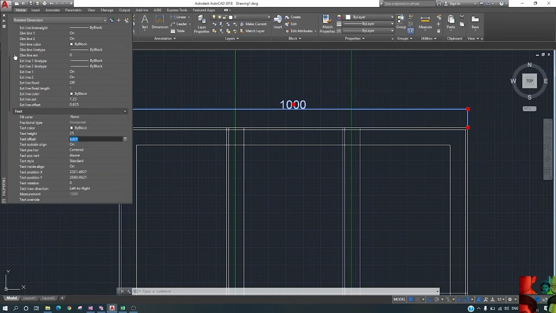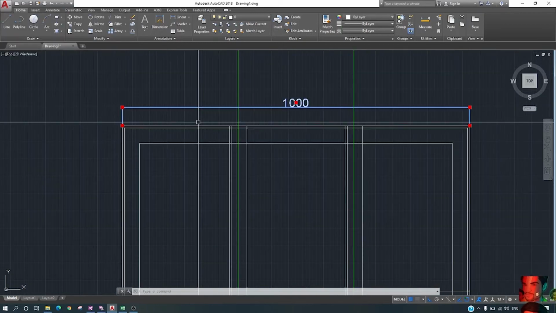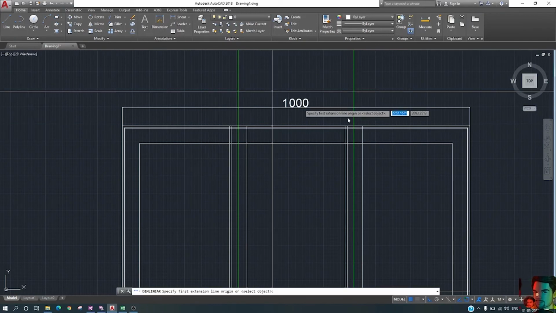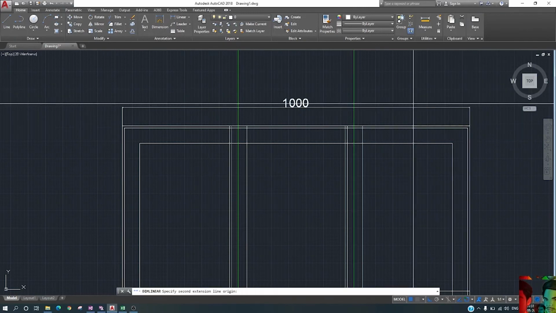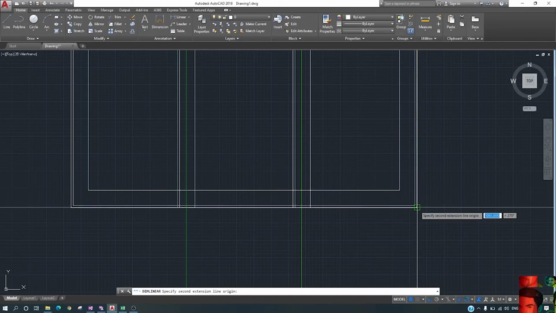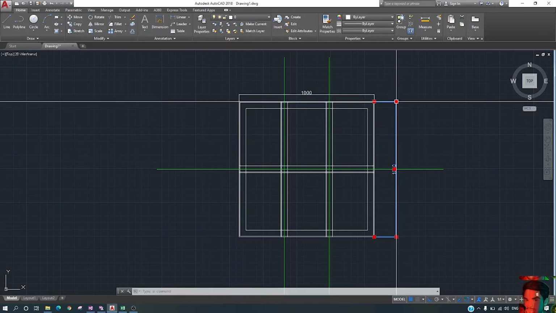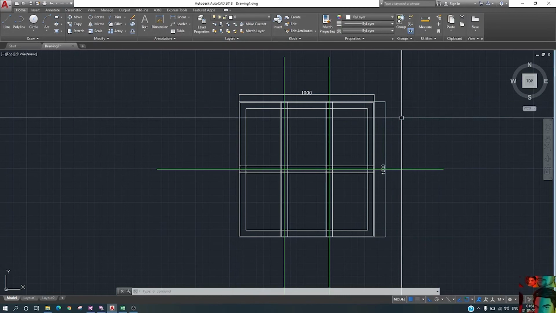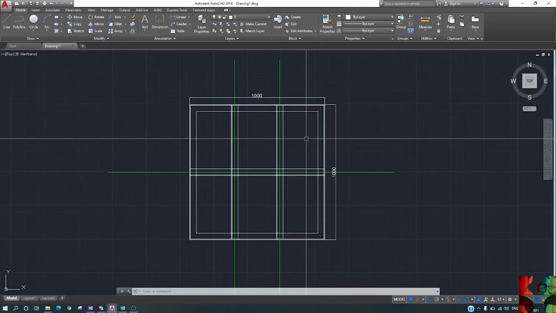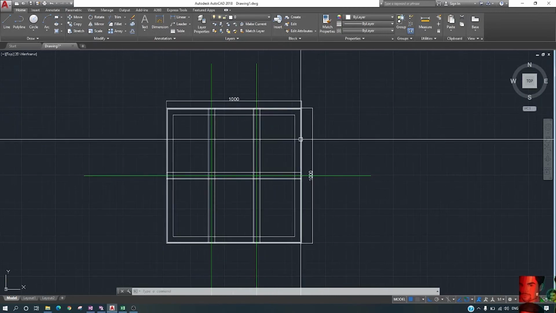Click enter, and your dimension size is increased. If you want to make it default, you have to change it from the dimension settings, not from here. Means 1000 mm into 1000 mm. Our first job is completed.